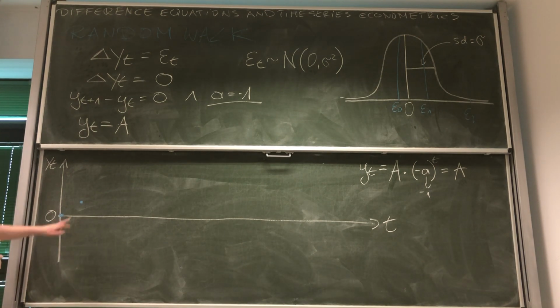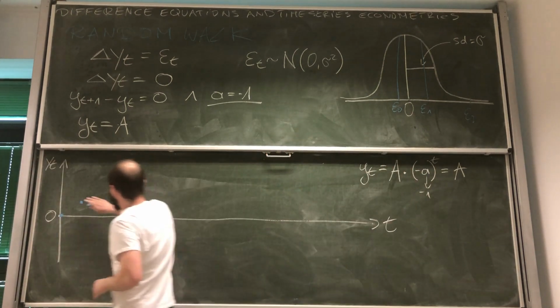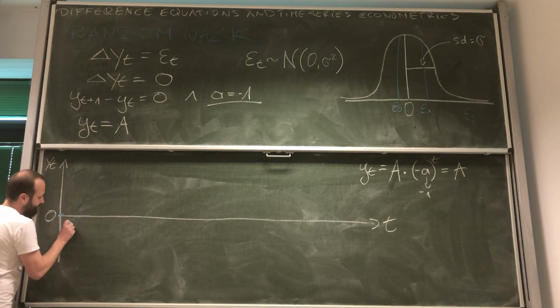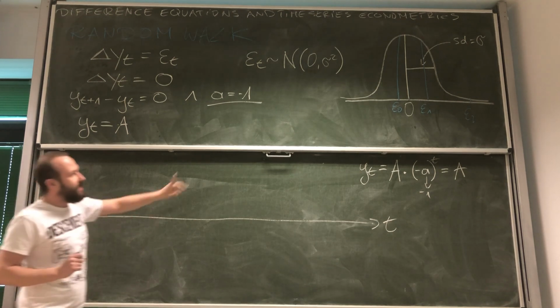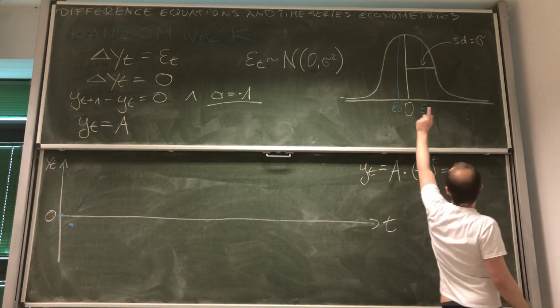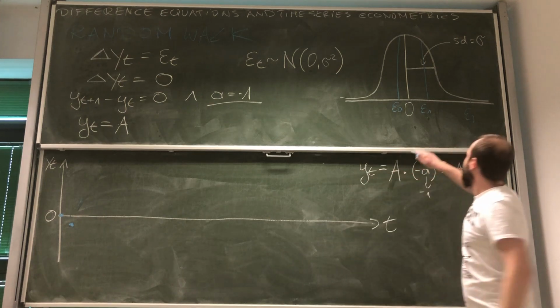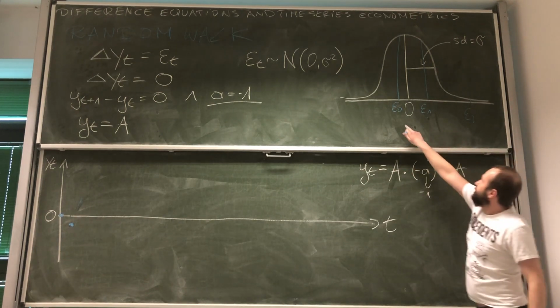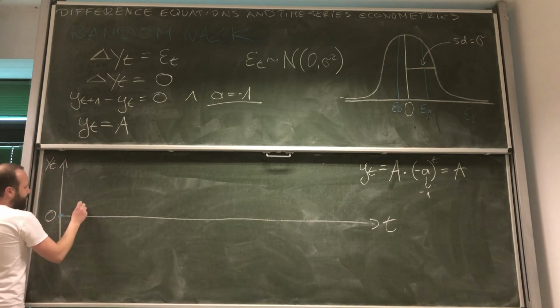Then, let's start like here with a small negative shock. Okay, so what is going to happen? As a result, we are below equilibrium. But then, for example, we get a positive shock that is bigger, as you see, than the negative shock. We would end up over here,